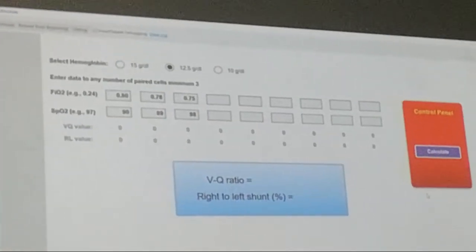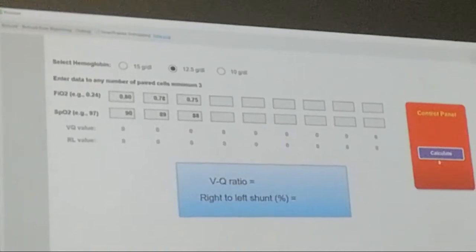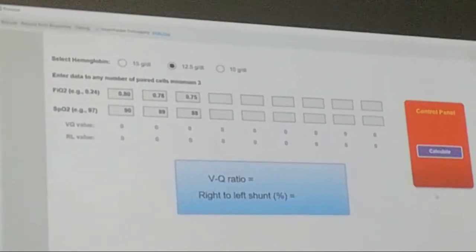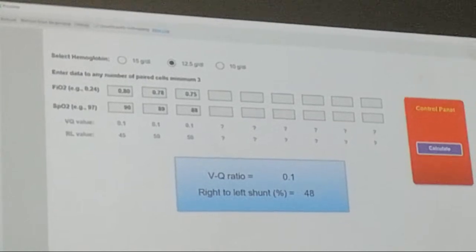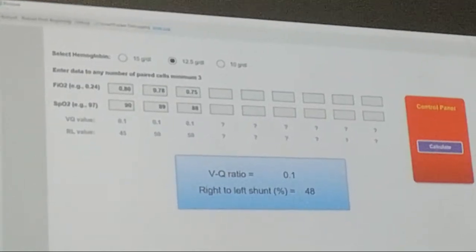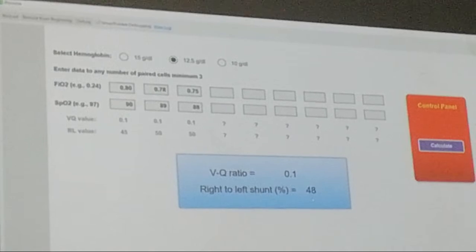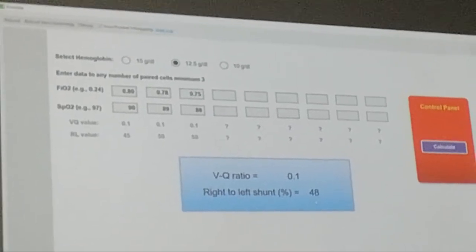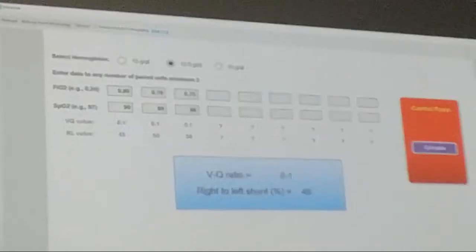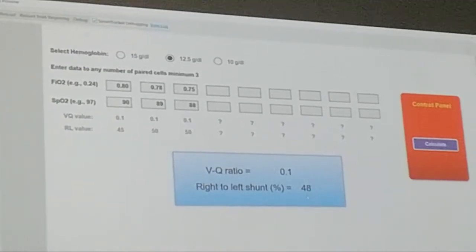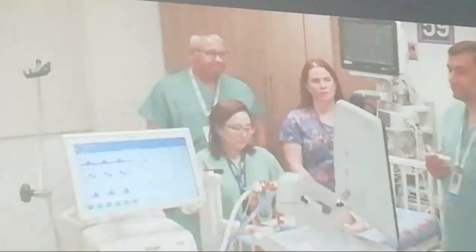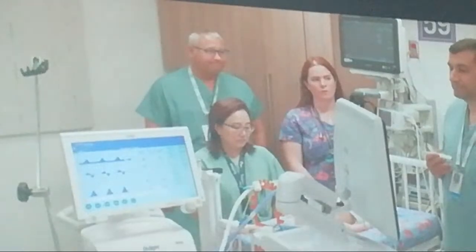So, in our case scenario, the VQ mismatch was 0.1, which is very low. And as you may recall, the normal ventilation perfusion ratio is around 0.8. The intrapulmonary right to left shunt fraction was 48%. This means that almost half of the pulmonary circulation was shunted through the collapsed lung without oxygenation. Before considering the appropriate intervention in this case, we have to rule out pulmonary